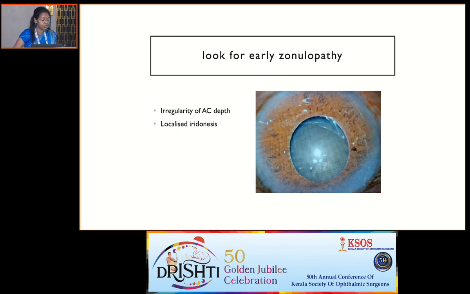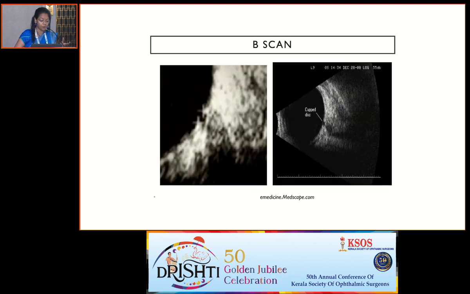So what is evident is you can see that there can be an increase in the gap between the edge of the pupil and the pupillary margin. Now this will be more evident if you ask the patient to look down or sideways. Again, in these cases, when you have a dense cataract and you cannot visualize the disc, B-scan is of